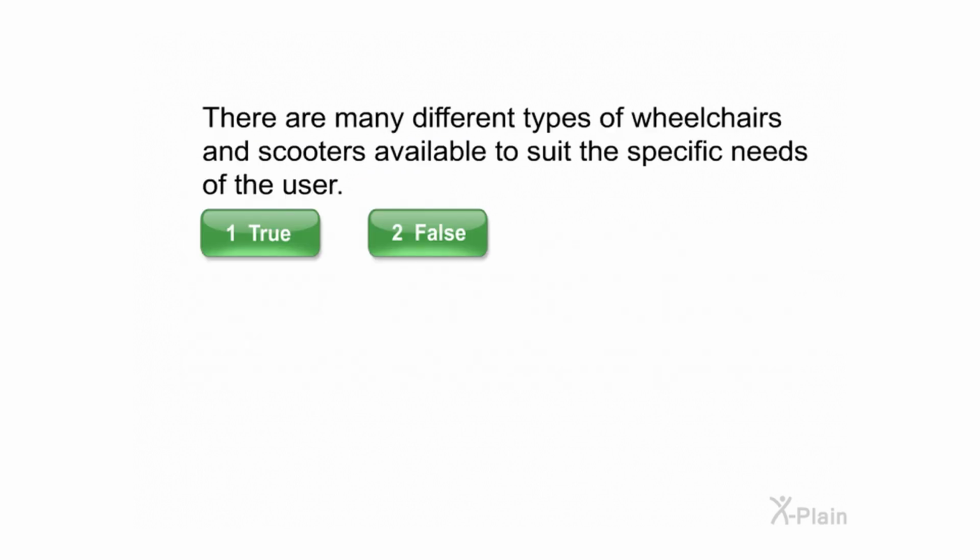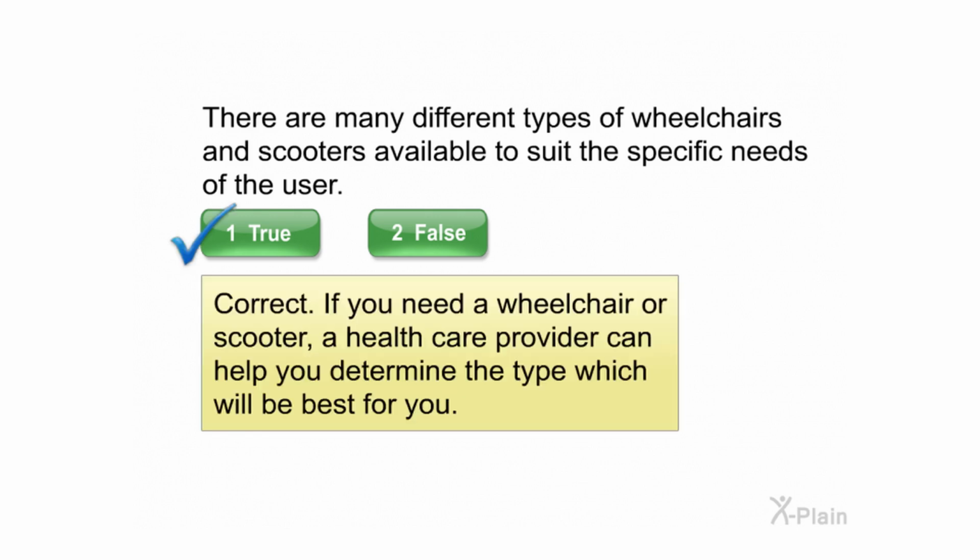There are many different types of wheelchairs and scooters available to suit the specific needs of the user. Select true or false. Correct. If you need a wheelchair or scooter, a healthcare provider can help you determine the type which will be